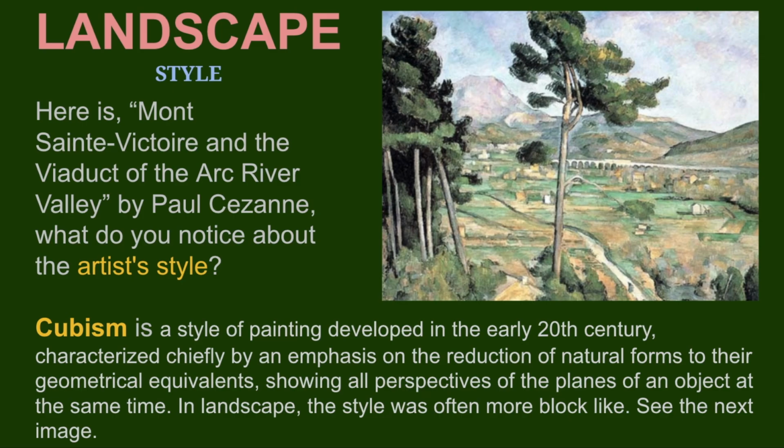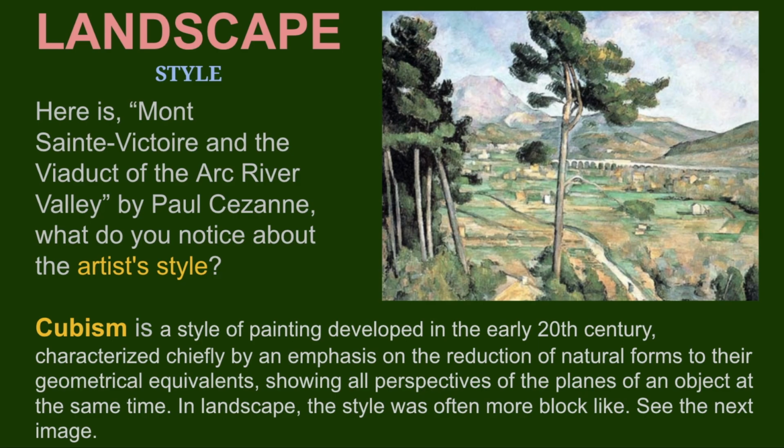Another thing that we need to talk about is style. So this happens to be a painting by Cézanne. It is of the French countryside, and you can see it includes the mountains in the background, a viaduct in the middle ground, and then those trees that are in the foreground of